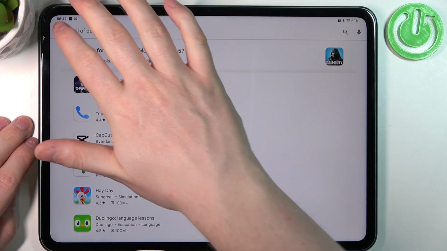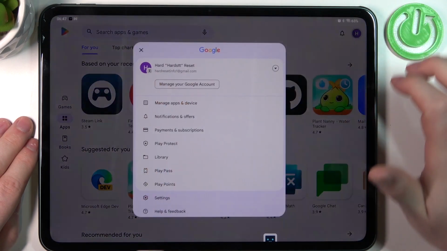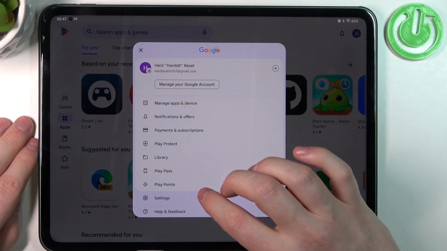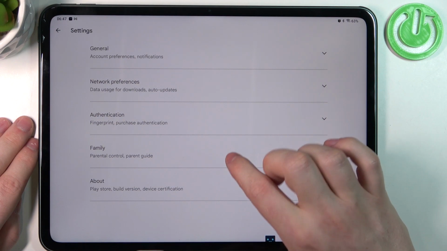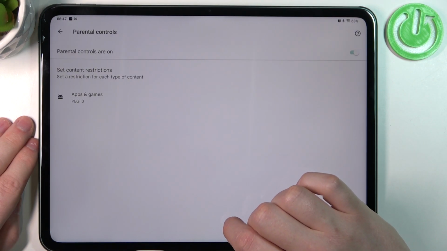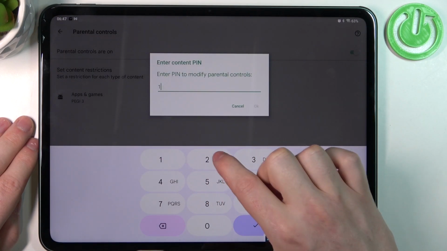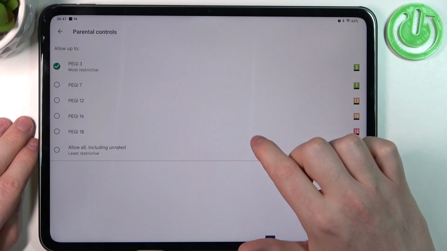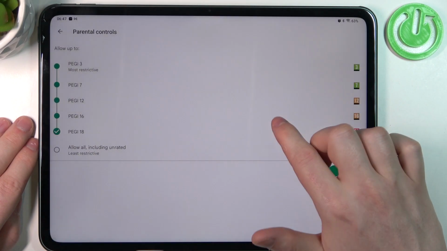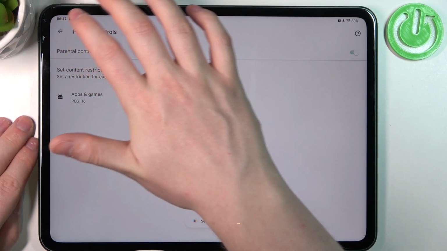And to fix this, go back to the homepage of Google Play Store and click on your profile picture in the top right corner of the screen. Now head on to your settings, enter Family, then go for Parental Controls, and here you can either disable parental controls entirely or enter Apps and Games, insert your PIN code, click on OK and increase PG to at least 16. Make sure to save those settings afterwards, and now when we go back to the search,